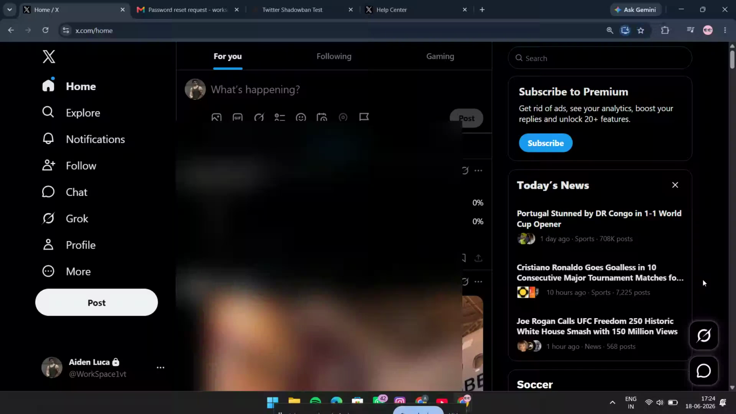If you want to know how to post a GIF on X, formerly known as Twitter, you're in the right place. In this video, I'll walk you through the process step by step so you can quickly find the perfect GIF and share it in a post. This is super useful whether you want to react to something, add personality to your content, or make your posts